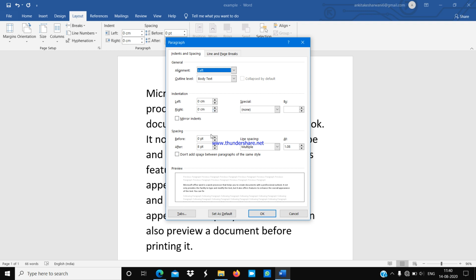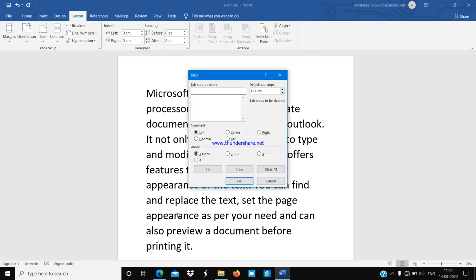From here, the paragraph dialog box appears. Now click on the tabs button present on the lower left of the dialog box. You can see this is the tab button at the lower left corner of this dialog box. So you have to click on this tab button. As you click on it, you will find this type of dialog box.